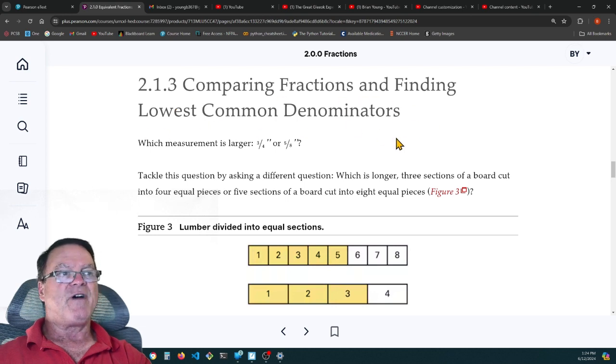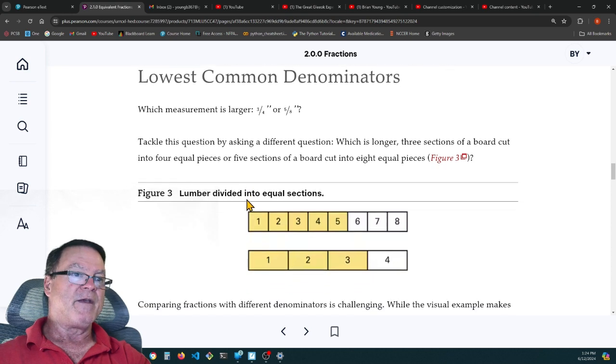2.1.3 Comparing fractions and finding the lowest common denominator. Remember, the denominator is the number on the bottom of the fraction. And to add or subtract fractions, we have to have the same denominator. So that's what they're teaching you here, how to make that denominator, how to find the lowest common denominator. So which measurement is greater, 3/4 or 5/8? Tackle this question by asking a different question. Which is longer, 3 sections of a board cut into 4 equal pieces, or 5 sections of a board cut